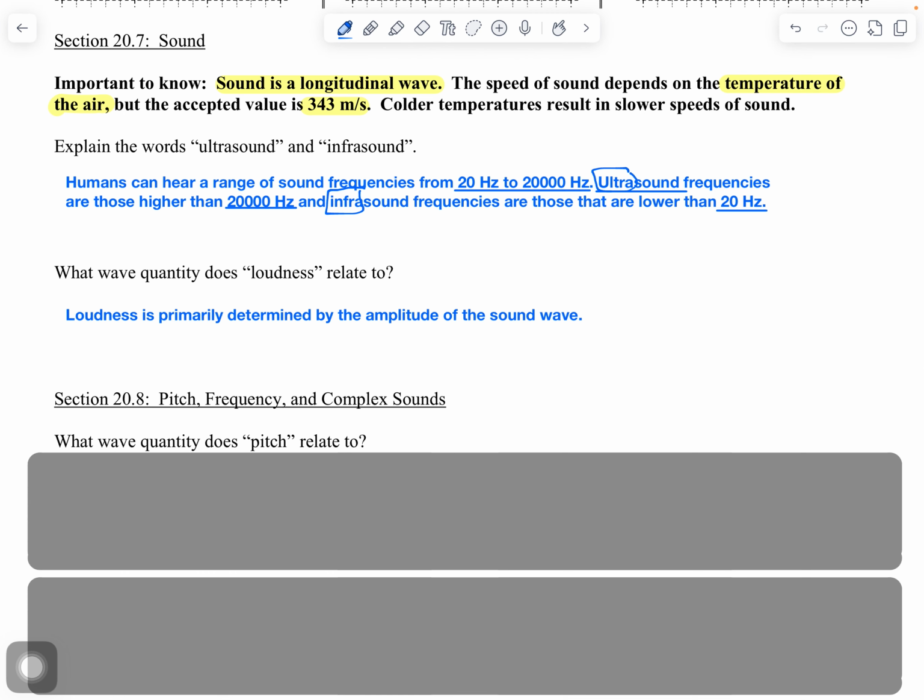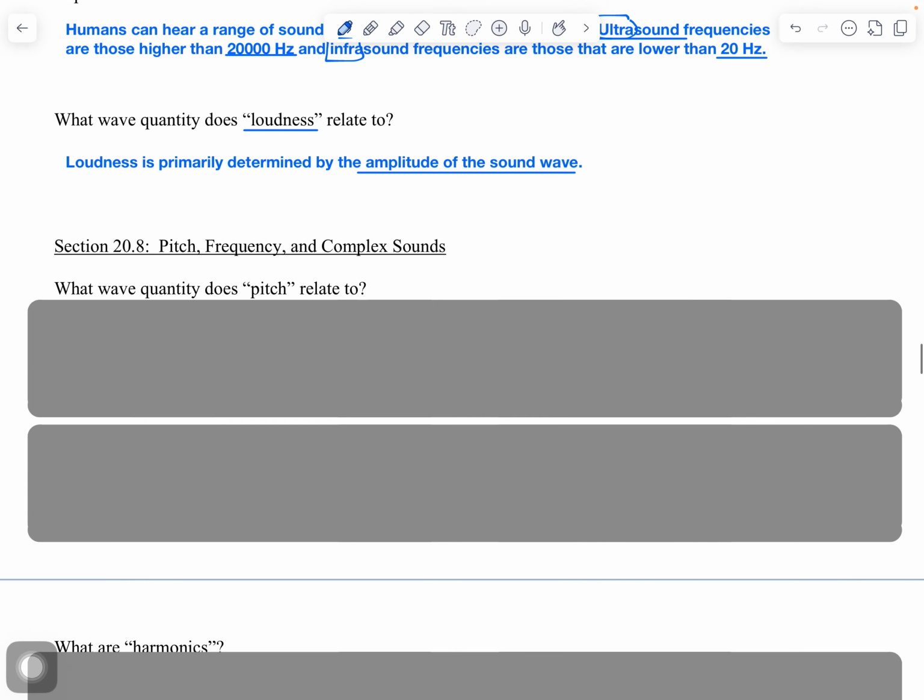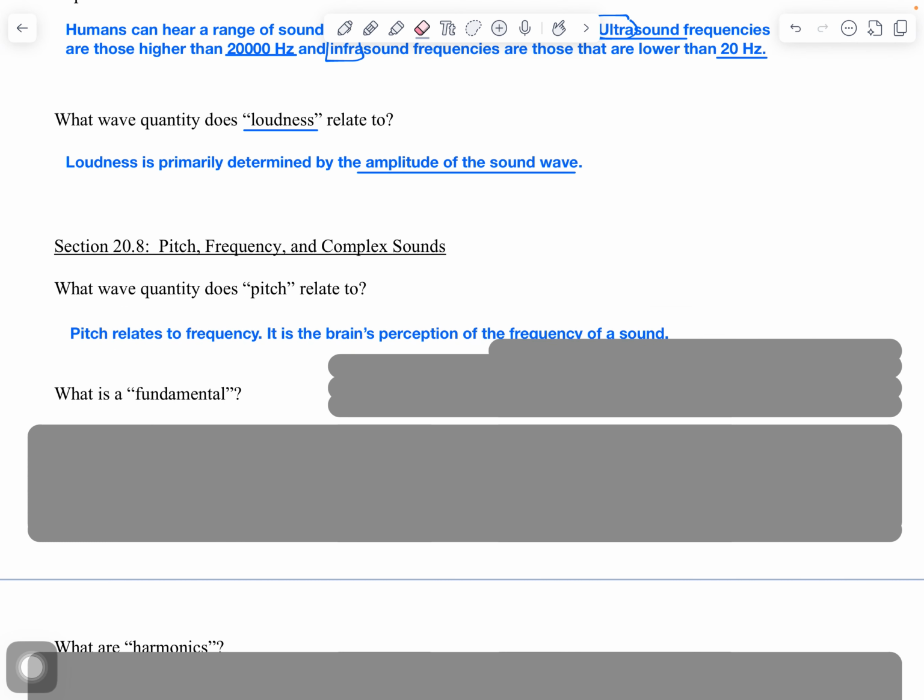What wave quantities does loudness relate to? Well, loudness relates to the amplitude of the sound wave, the intensity of the sound wave. Section 20.8, pitch, frequency, and complex sounds. What quantity does pitch relate to? Well, pitch